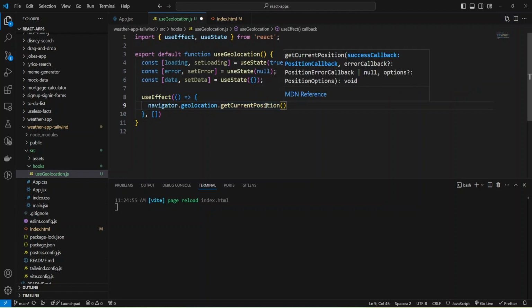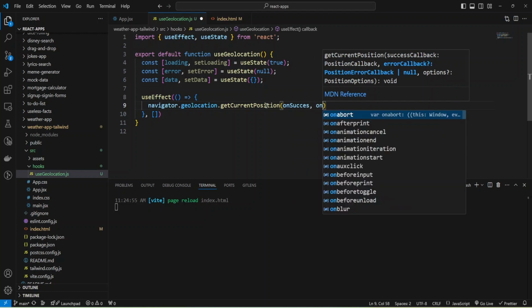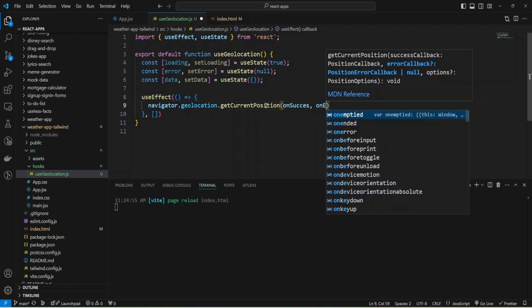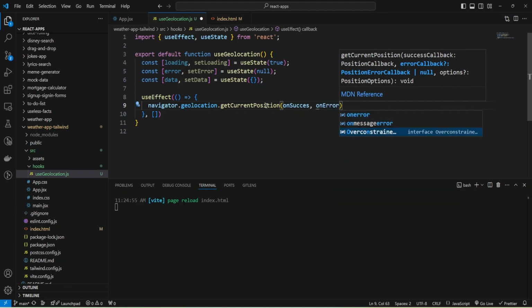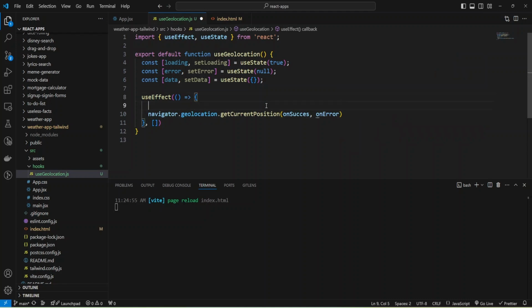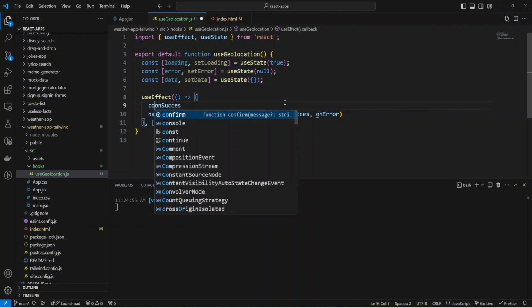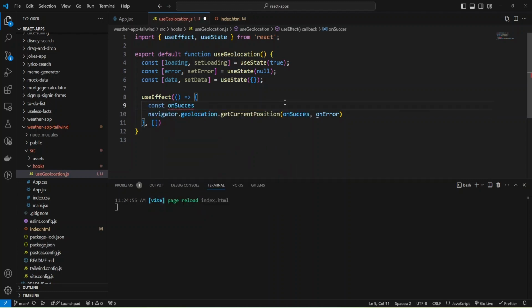So, let's create the success callback and the error callback, and we'll create these functions. The first function will be onSuccess, and getCurrentPosition will call this function when we retrieve the coordinates, and we'll have some event inside.